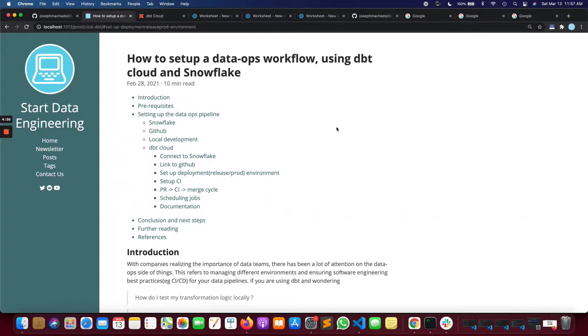In this video, I want to go over a DataOps workflow for an ELT pipeline using dbt. In order to automate the DataOps workflow, we will be using dbt Cloud and we will be using Snowflake as